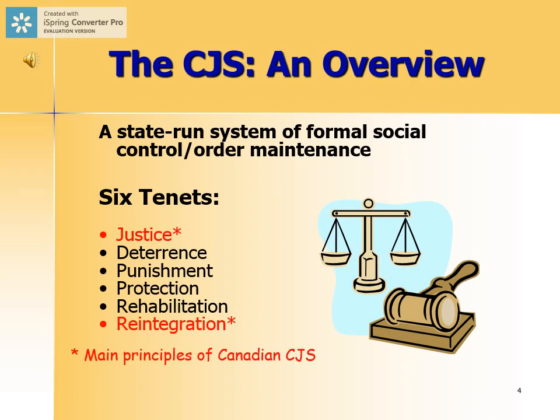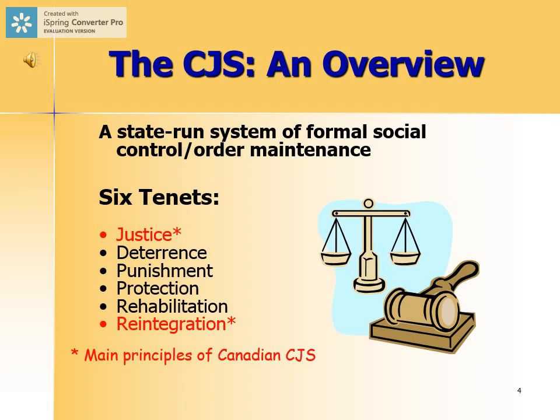The criminal justice system in Canada, or any country for that matter, is basically a system that has been implemented by the government to maintain order in society. It's essentially a system of social control. It's a system that is about creating laws and regulations and enforcing those laws and regulations to basically ensure that people behave. So it's the most important institution as far as maintaining order in any society. So that's the most fundamental purpose of the criminal justice system.